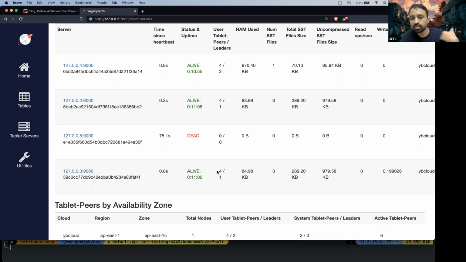So that's why you get to see the count now. The total count is still intact, 4 plus 4 plus 4. That's what the desired configuration says, right? So you need to have 12 shards at any given point of time. You still have 12 shards in the system. And then the leaders are like 2 plus 1 plus 1. We have a total of four leaders in the system, right? So that's how it ensures that the data re-replication happens as long as you have surviving nodes in the availability